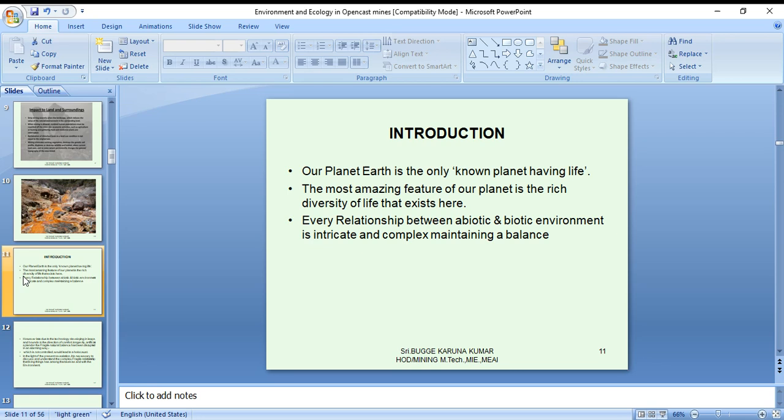So the balance should be maintained. What are the features along with us? What are the living creatures around us? If there is any imbalance, that will affect even mankind also. That should be borne in mind. It's important.